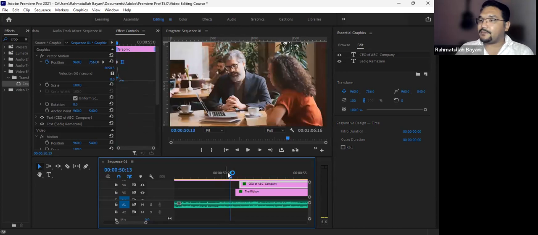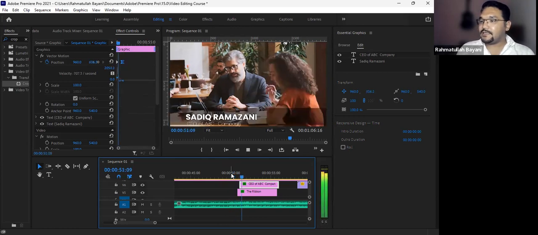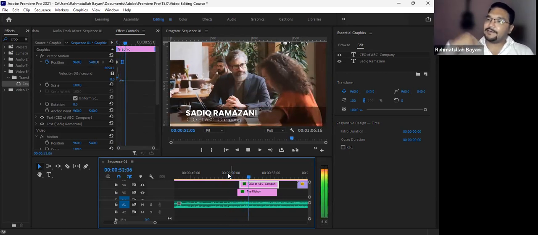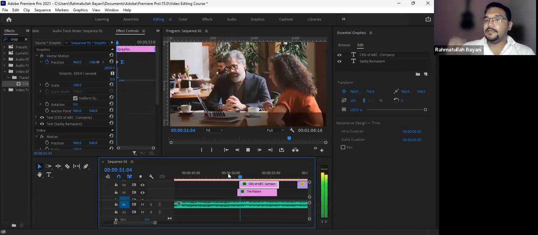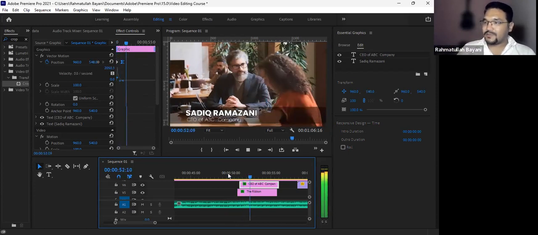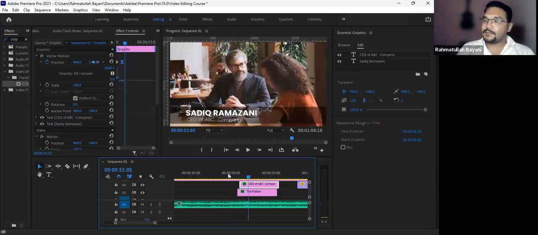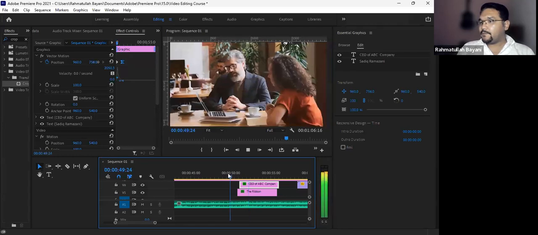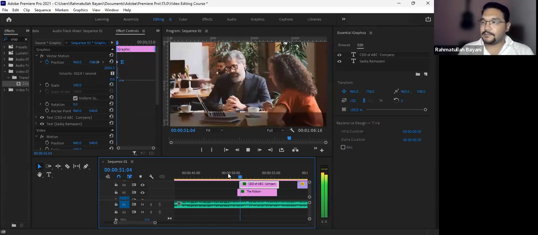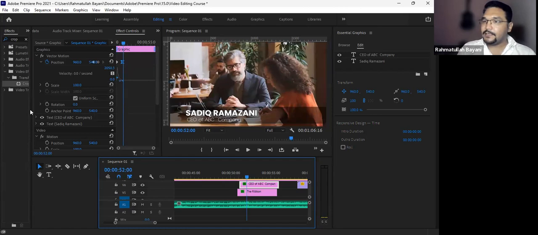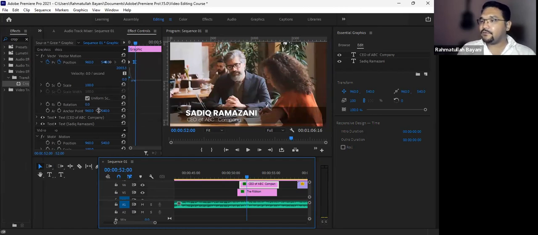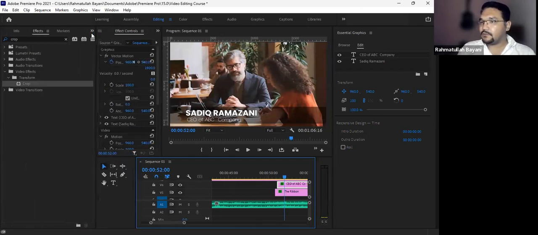So it means the animation is starting with some delay, okay? Now I'm playing. You can see the ribbon is coming, then after that, the text is coming, okay? So they are not coming all together. So there are some gaps, and these gaps make sometimes the animation more interesting, okay? So, yeah, this was the lower third, but in any case, if you want to add your logo as well,